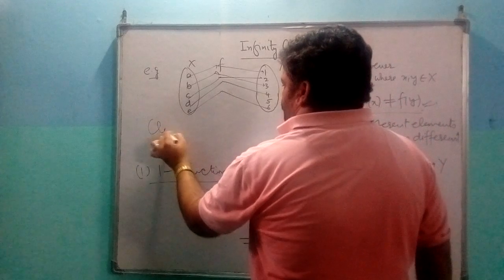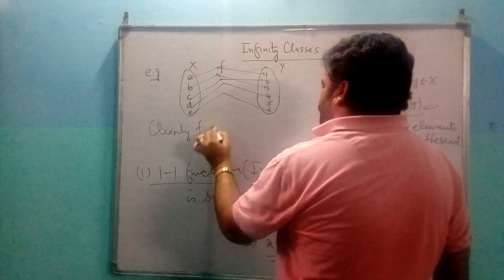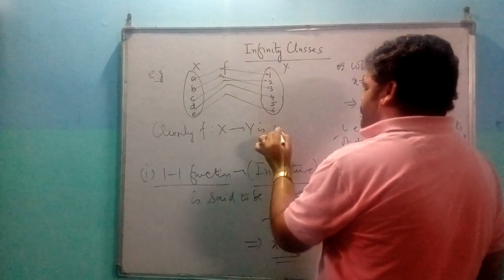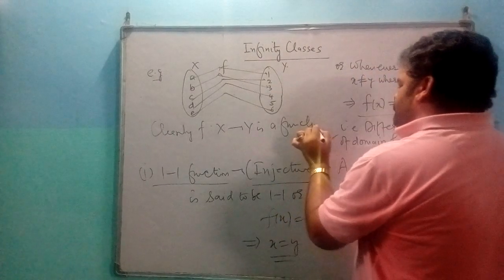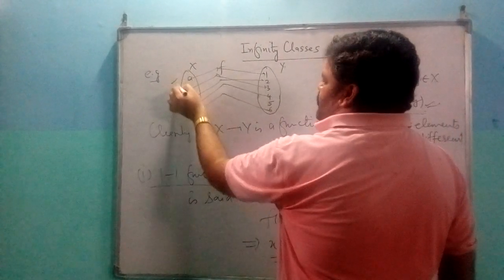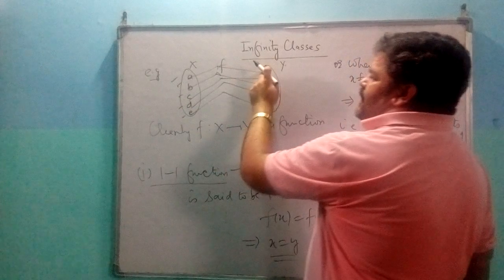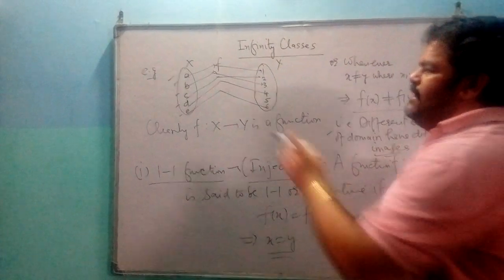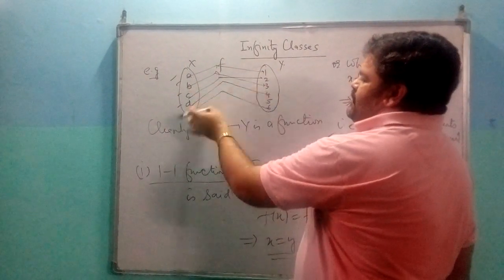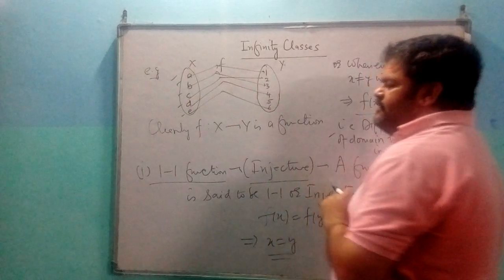Clearly, f from x to y is a function. It satisfies the definition of function, as all the elements of x are covered and each element has a unique image in y. a has 1, b has 2, c has 3, d has 4 and e has 6, and